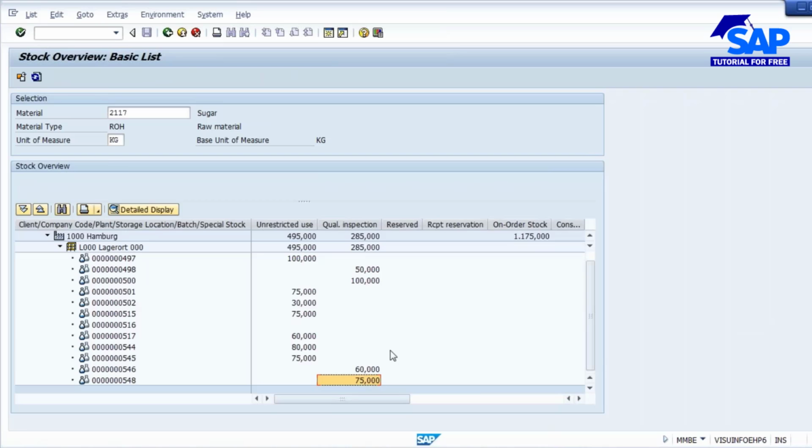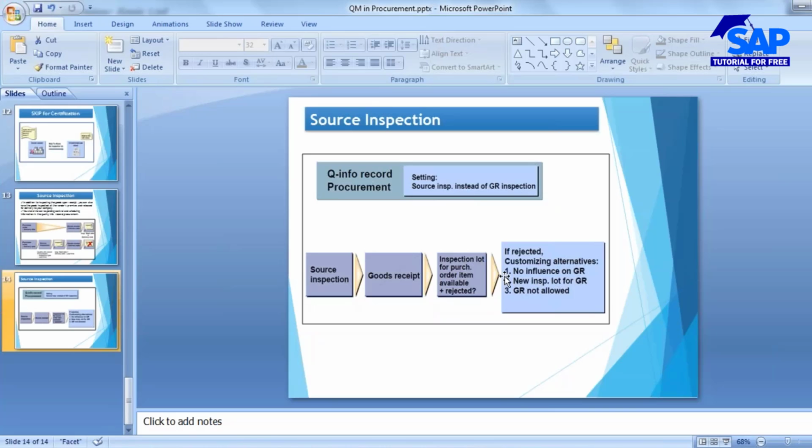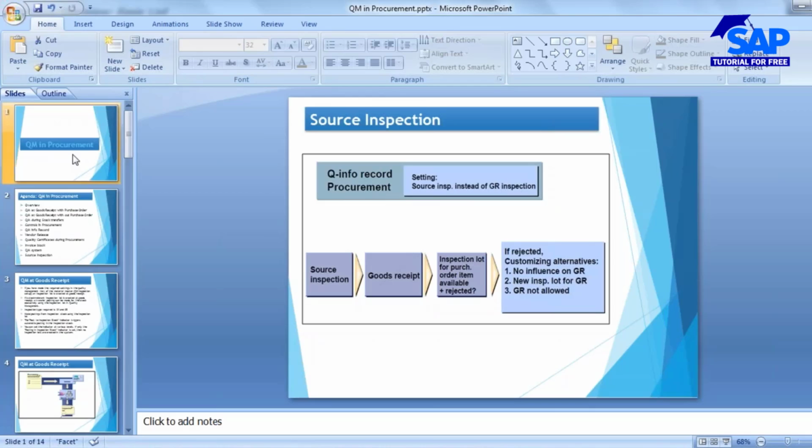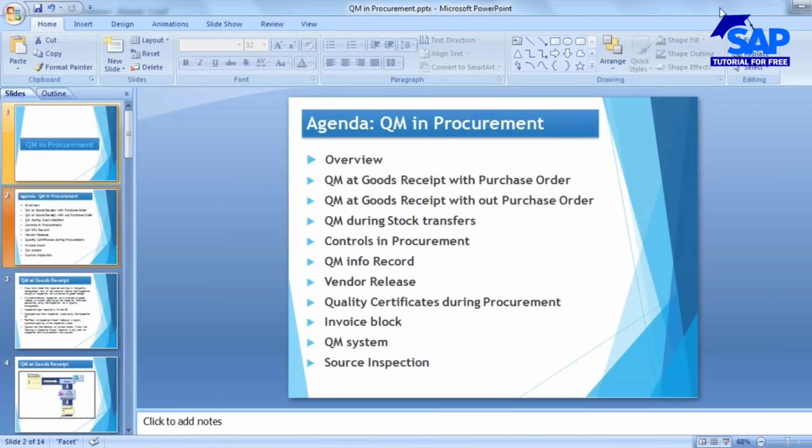So this is how your source inspection will work. That is all about your controls in procurement. If you have any questions, you can